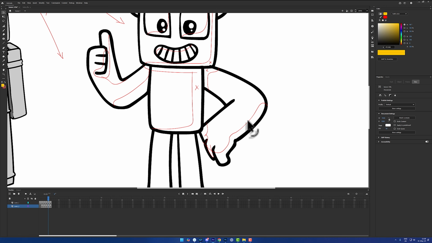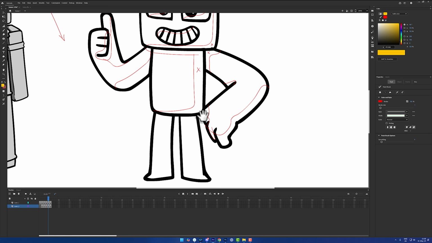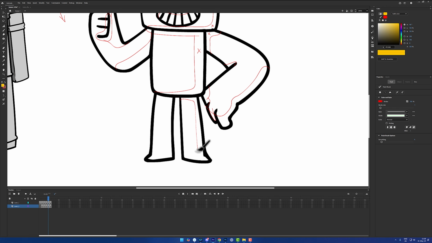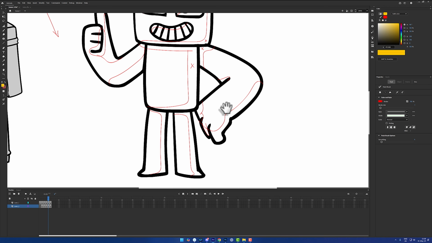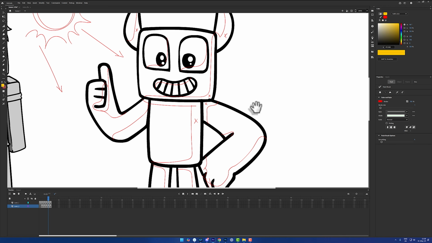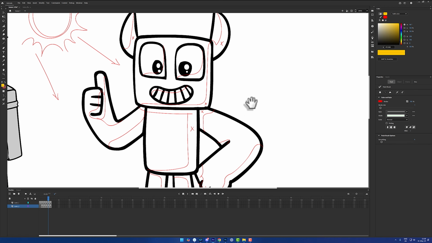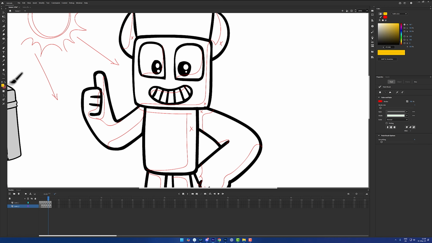We can do that with the shadow as well. If it's not quite right, every little accent will add. But again, like I said, it's completely up to you how detailed you want to go with this, because the idea of frame by frame animation is that you have to animate the shade frame by frame as well. Okay, that looks great. Now, for argument's sake, we can quickly change our color to a dark gray, and then